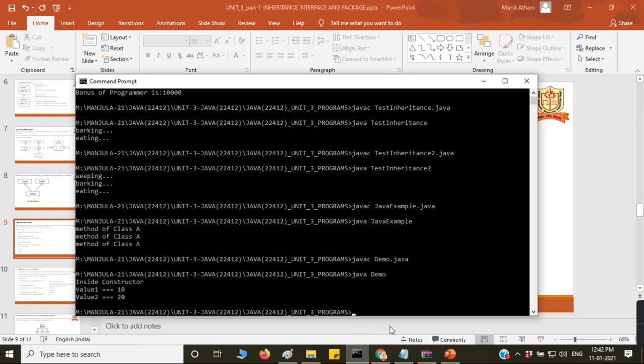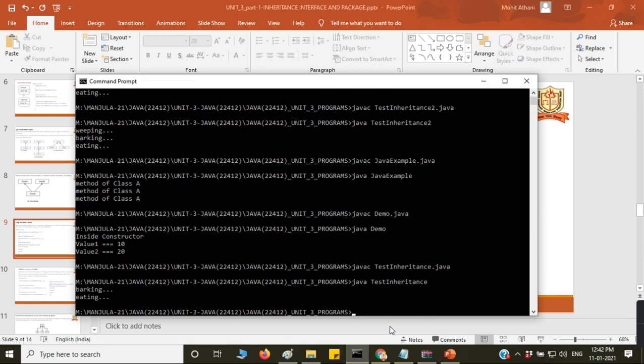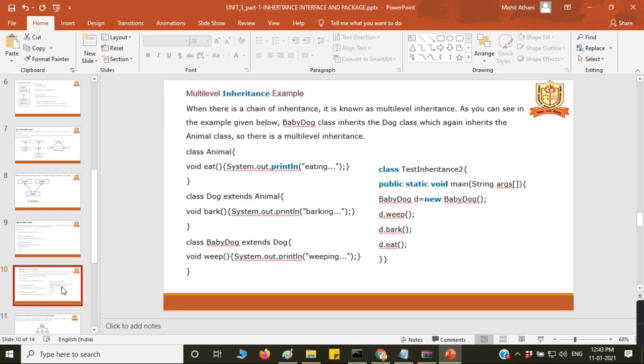So we'll go to this TestInheritance. Barking and eating, both the class methods were called here. Is it clear? So this is a simple example of single inheritance.